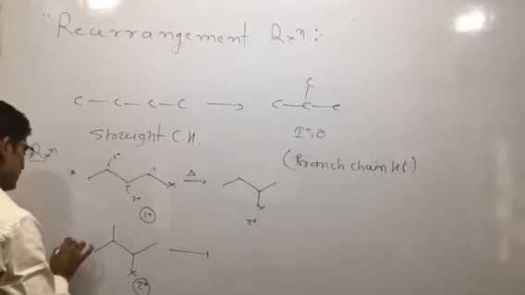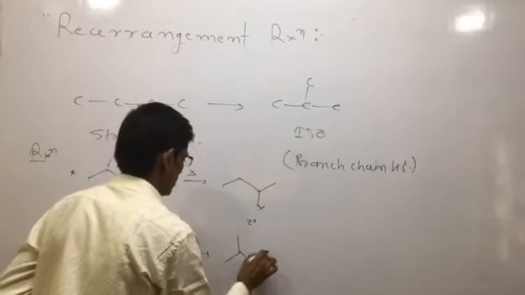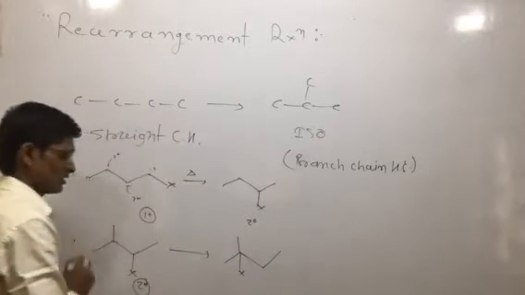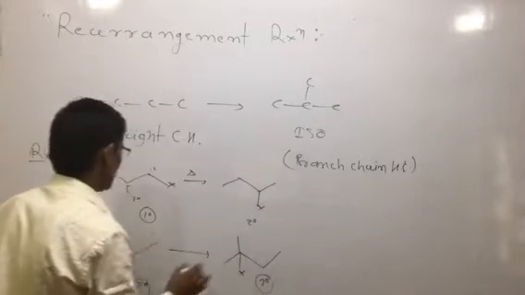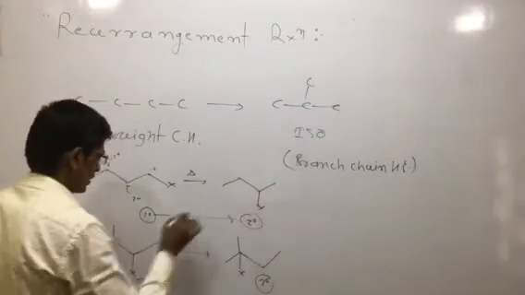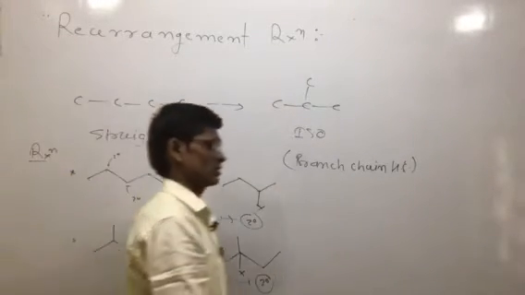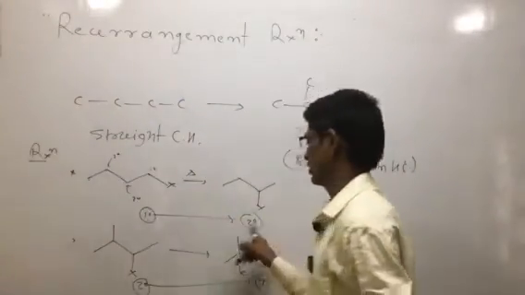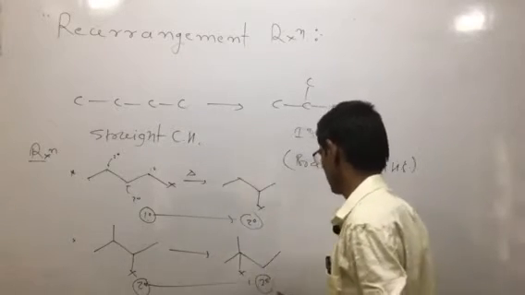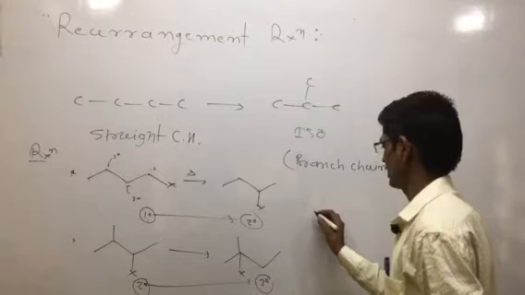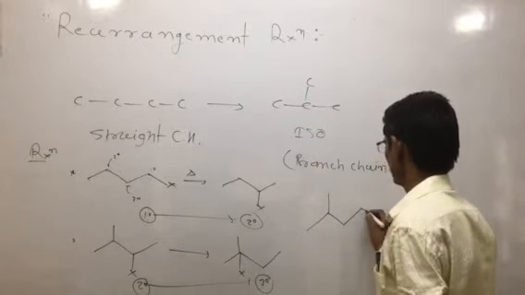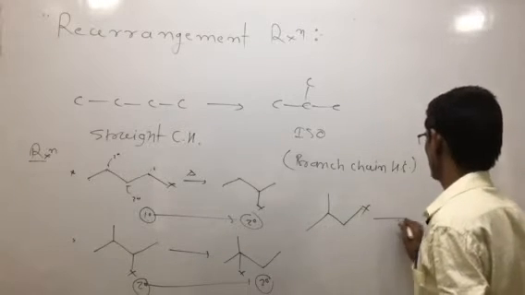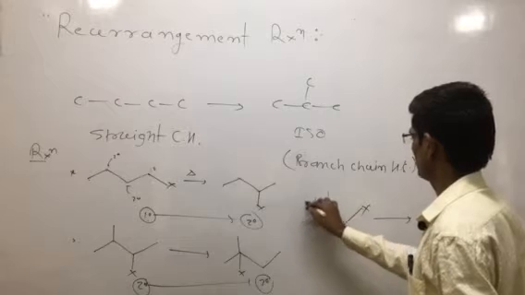It is converted into what? It is converted into a tertiary alkyl halide. Means the starting reactant goes primary to secondary, secondary to tertiary. So primary to tertiary, primary to secondary, and secondary to tertiary. As well as, if the starting reactant molecule is a primary alkyl halide, it must be converted by shifting.